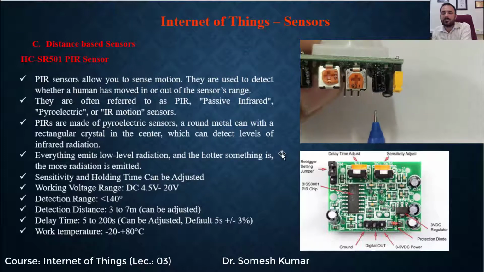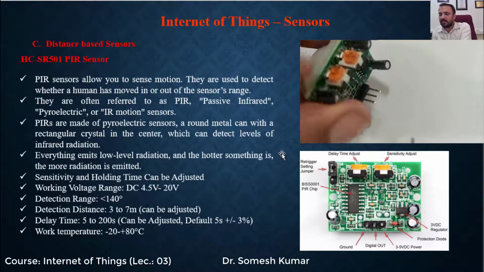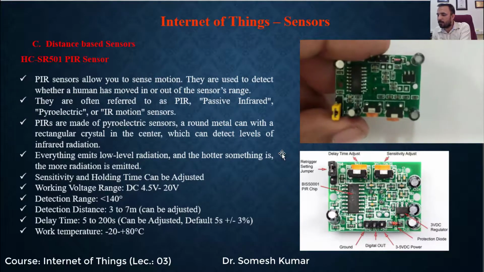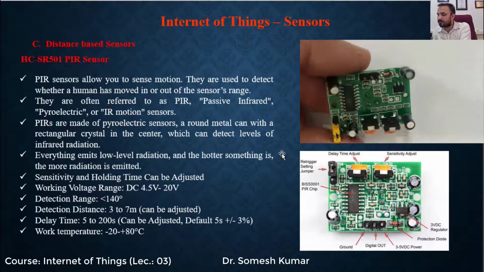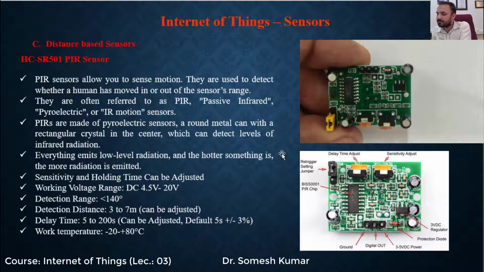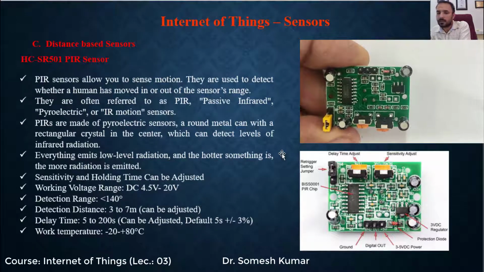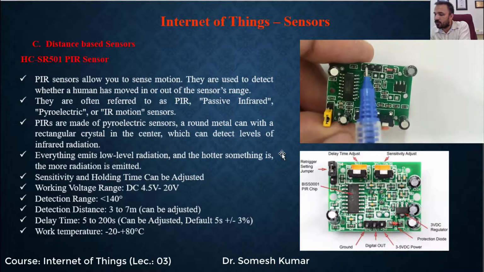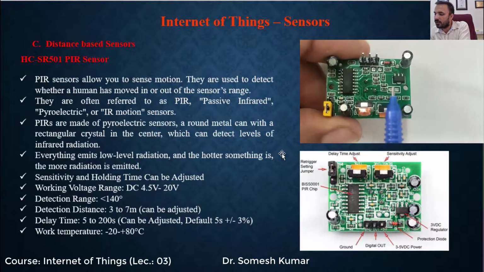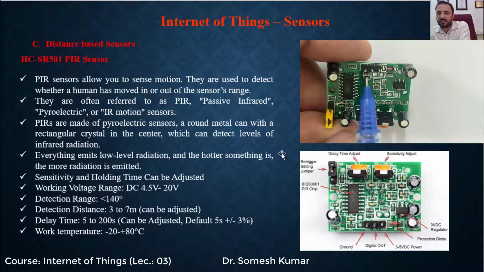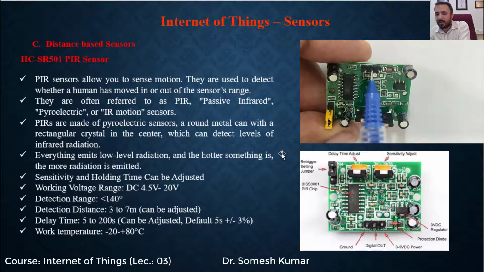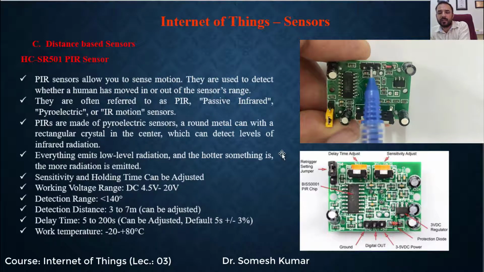Fine. And also on the sensor, if we see the opposite side, it has three pins, first, second, third. Fine. So basically this first pin is your ground pin, the central one is your digital out pin, the third one is your input pin. Basically 5 volt is used for the input operation.